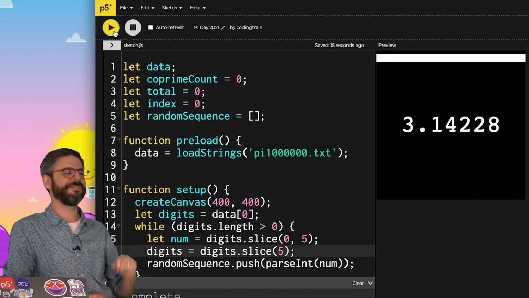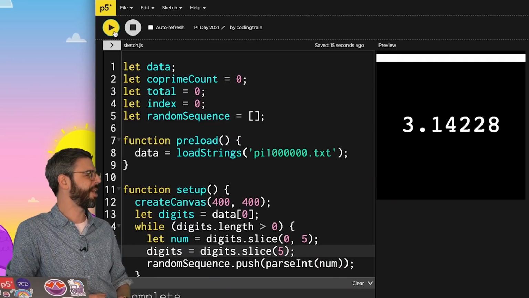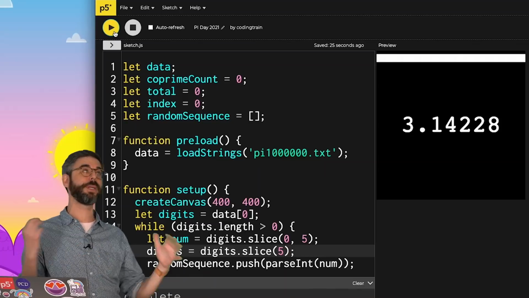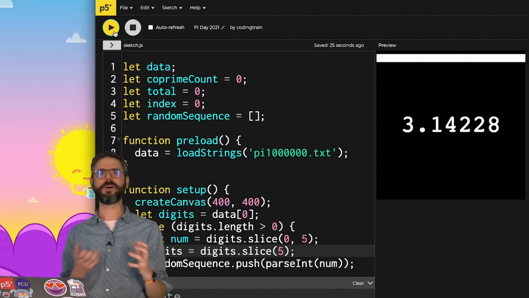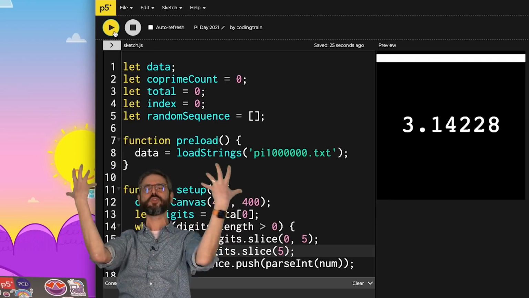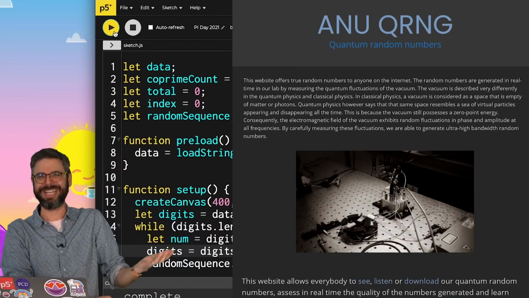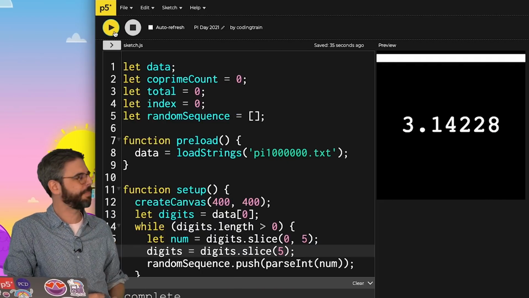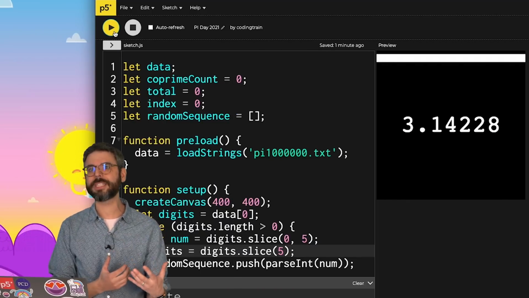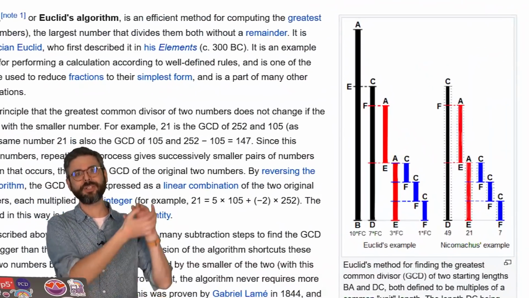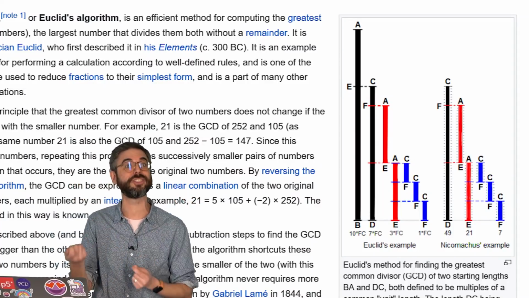I feel like there's a lot of things that you could do to improve on what I've done. Certainly you could try to make the code more efficient, use more random numbers, pick your random numbers from some type of quantum thermodynamic machine that's true randomness. Is that a thing? I don't know. Also, I think there's some visualization possibilities. Is there a way to visualize the process of Euclid's algorithm? Looking on the Wikipedia page, you can see some nice diagrams there. That might be a starting point.